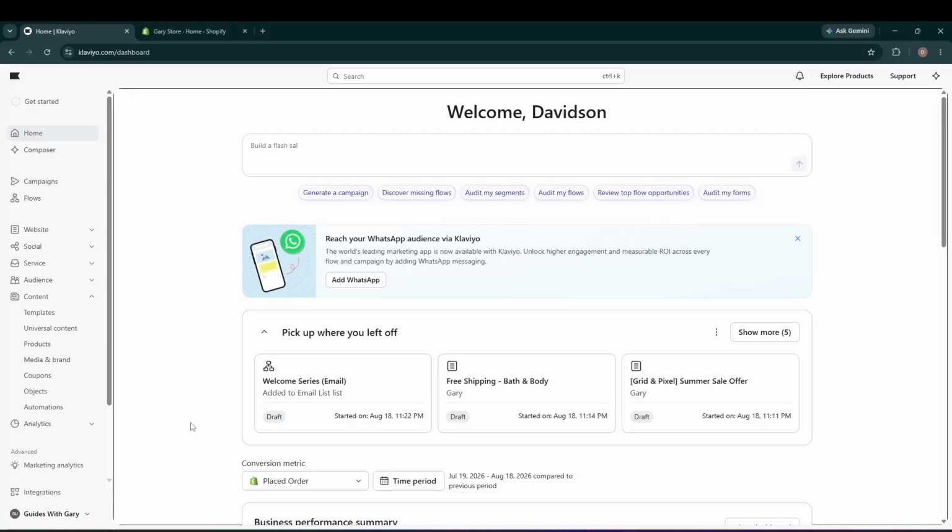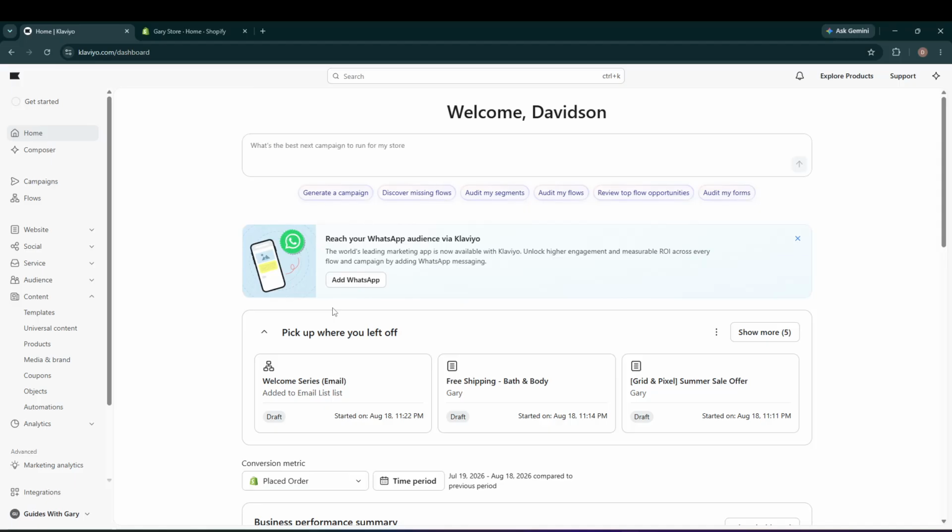In today's video, I am going to teach you how to customize Shopify email templates with Klaviyo. By the end, you will be able to pull in an existing Shopify email template, customize it inside Klaviyo, export the HTML, and then paste that code into the correct notification in Shopify. This is a great way to keep your branding consistent and make sure the email content matches what you want